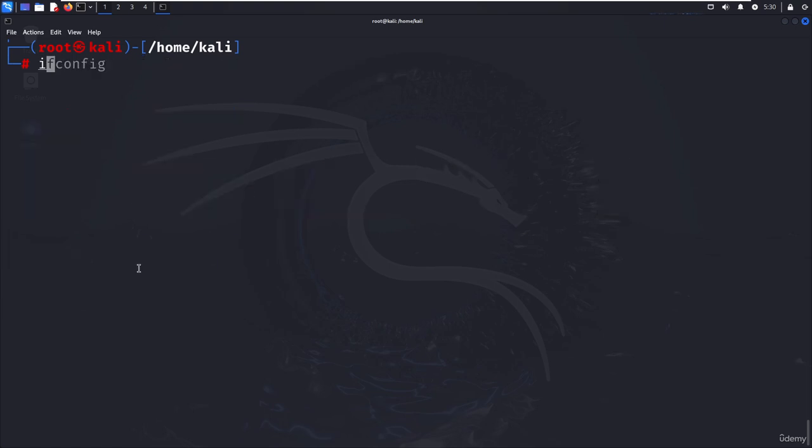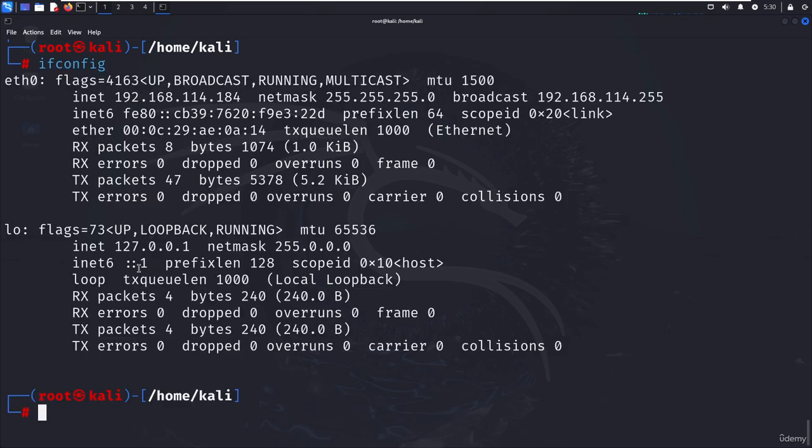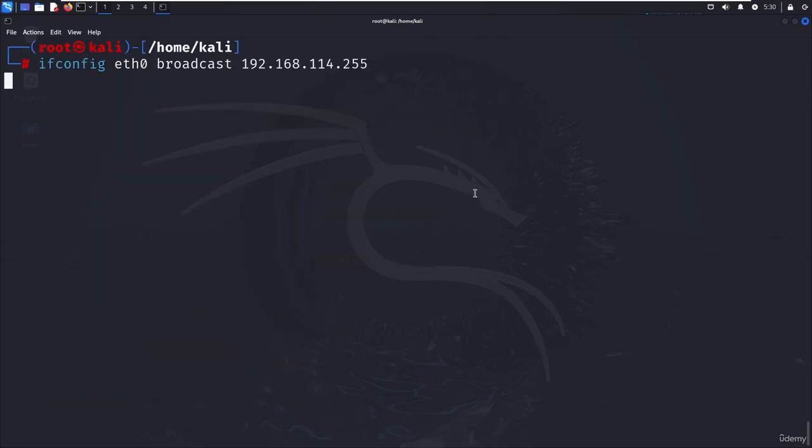Also, if I go back and check ifconfig, I have a broadcast address as well. So you can change this broadcast address using the ifconfig command. For that, you need to type ifconfig, then the interface, and after that type broadcast, and then the broadcast address. In this case, I type the same broadcast and hit enter. So this is the command to set the broadcast address in case you want to change it